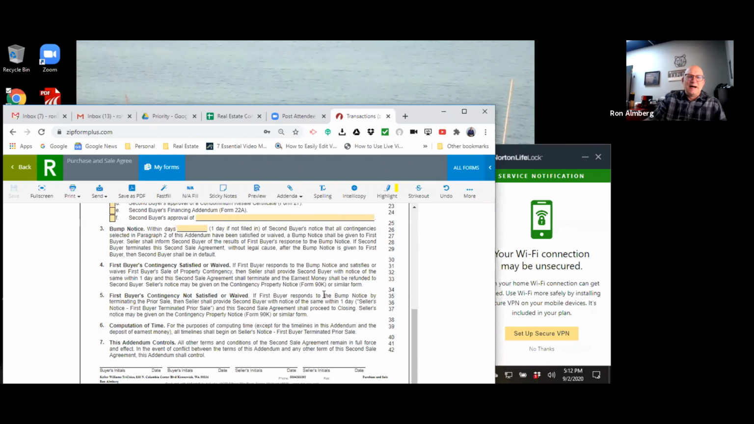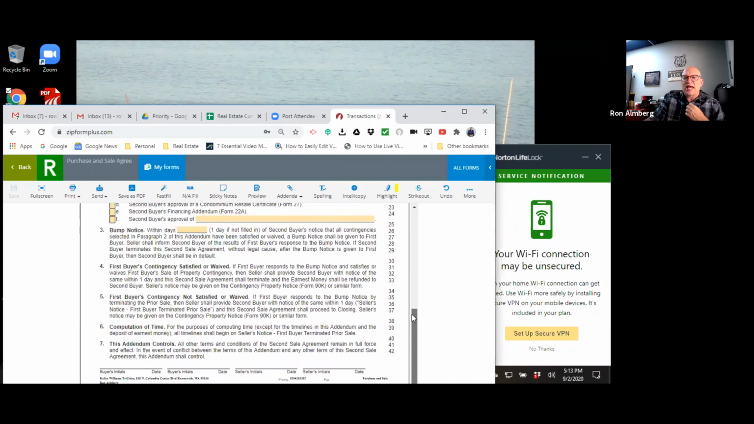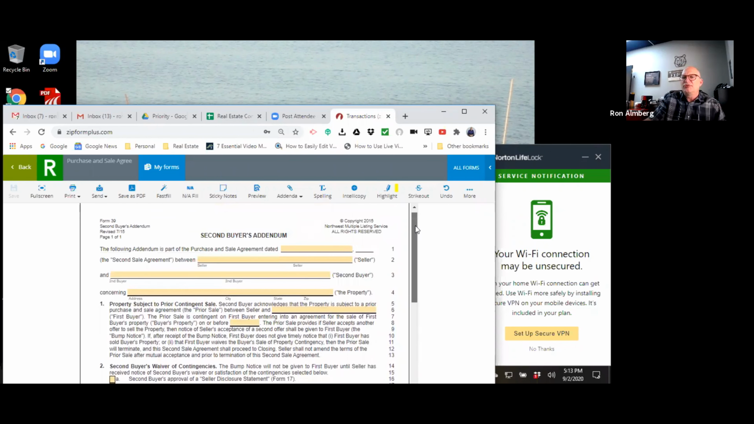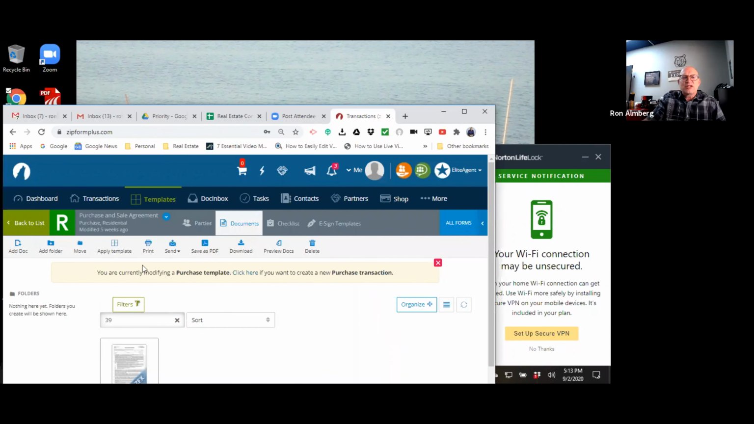Okay. I'm not going to go over the rest of this form. It talks about computation of time and everything like that, but that's the big thing here. And it's an optional form, particularly with our multiple offer situation and things like that, that gets used a lot. The last form that I want to talk about is the,